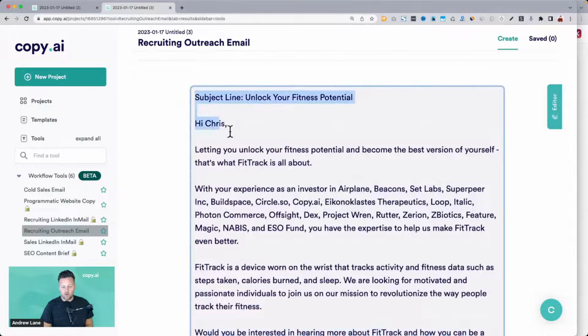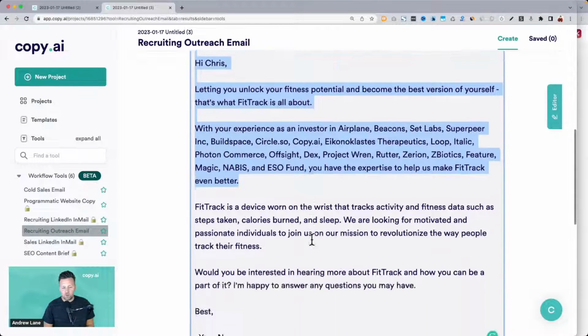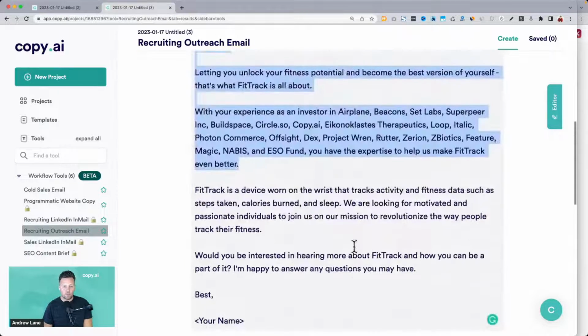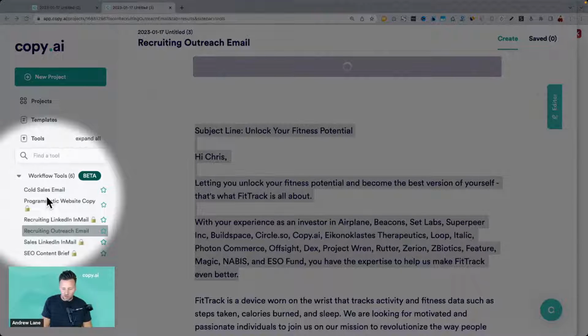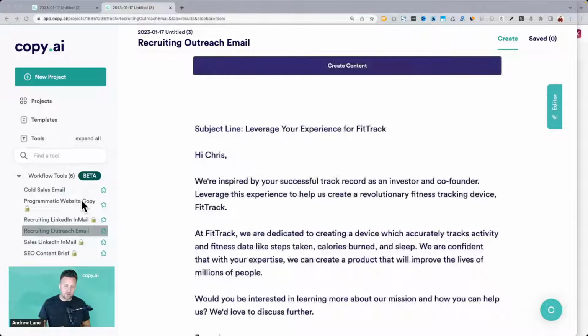It's doing the work right there for you to speak right to that person. And again, you could try making more if you want to see other variations. So that's a really cool sneak peek into what's coming. And a few of those are available right now in the workflow tools section. Try it out. Let me know what you think. And keep an eye out for many new releases coming down the pipeline of more advanced ways to use Copy.ai